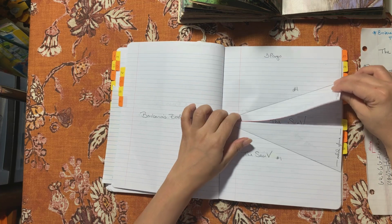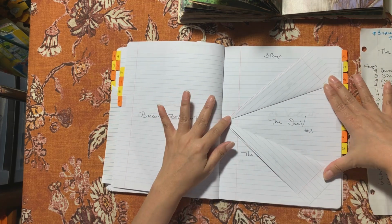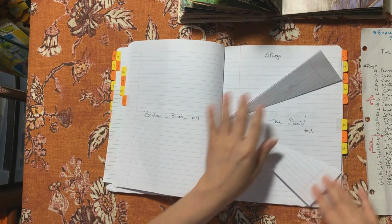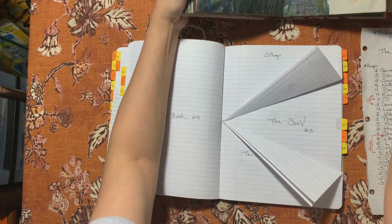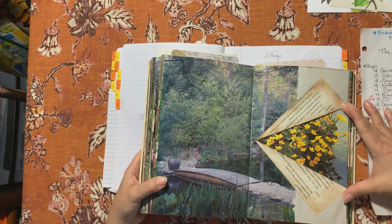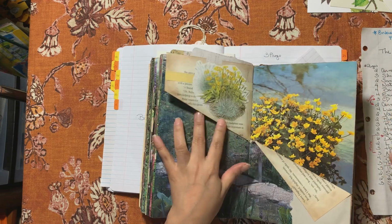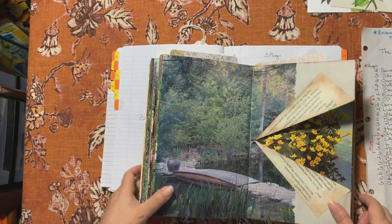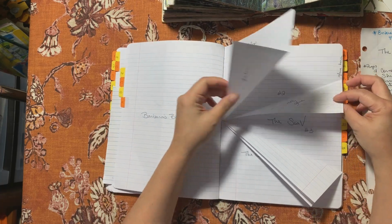Then you fold to make, it looks like a shirt. I don't know how to explain what it looks like, but just to see what it looks like, that's what the page looked like. It's like, you know, a little window there. And this is when you flip that over. So here's the 1st and 2nd,